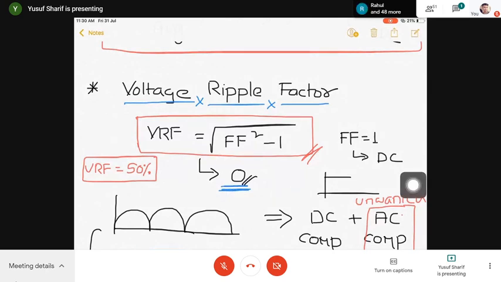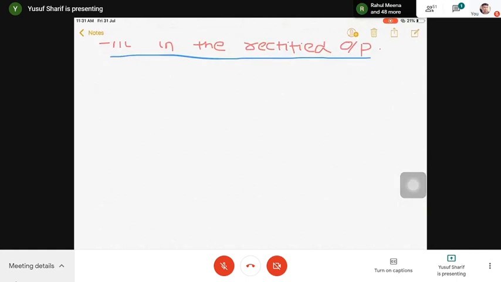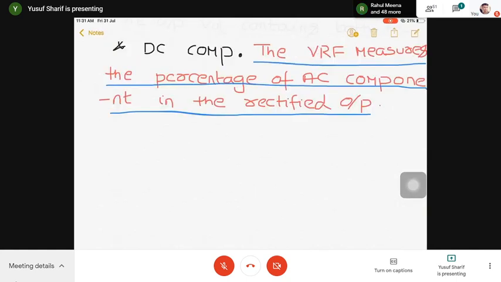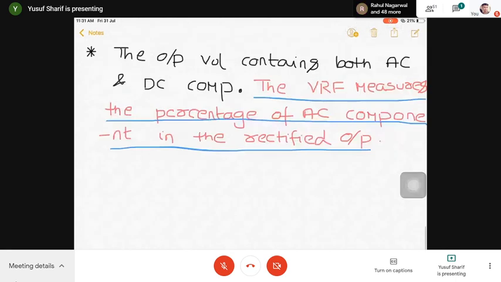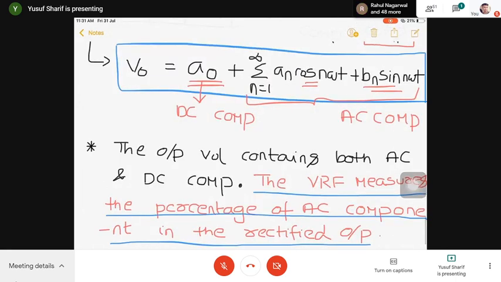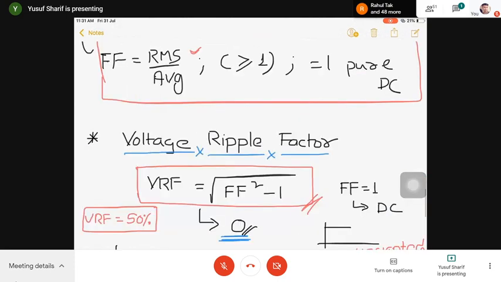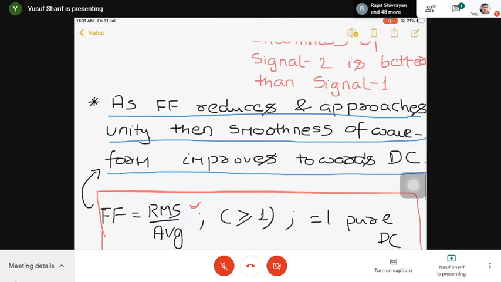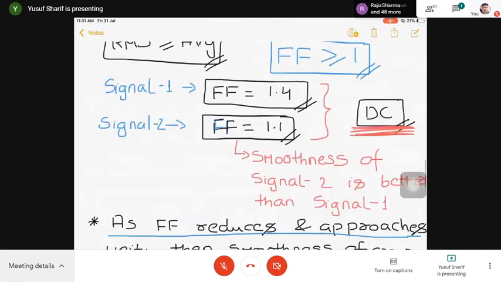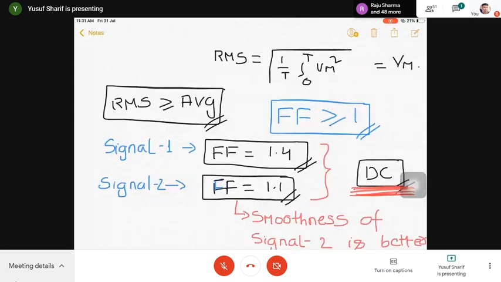Though these two terms are very basic, and I could have finished this topic within 5 minutes by simply giving you the expressions for voltage ripple factor and form factor, I gave you this entire explanation so that you understand the significance of these two parameters. This is not the end. We will not study rectifiers only here. You will be studying three-phase rectifiers in your power electronics, and there also you will be using these parameters, form factor and ripple factor. Few more extra parameters will be added, like displacement factor, but that is not required here. So that is the significance. Any doubts on this topic so far? I know this was very basic, but I have taken time so that you will understand.